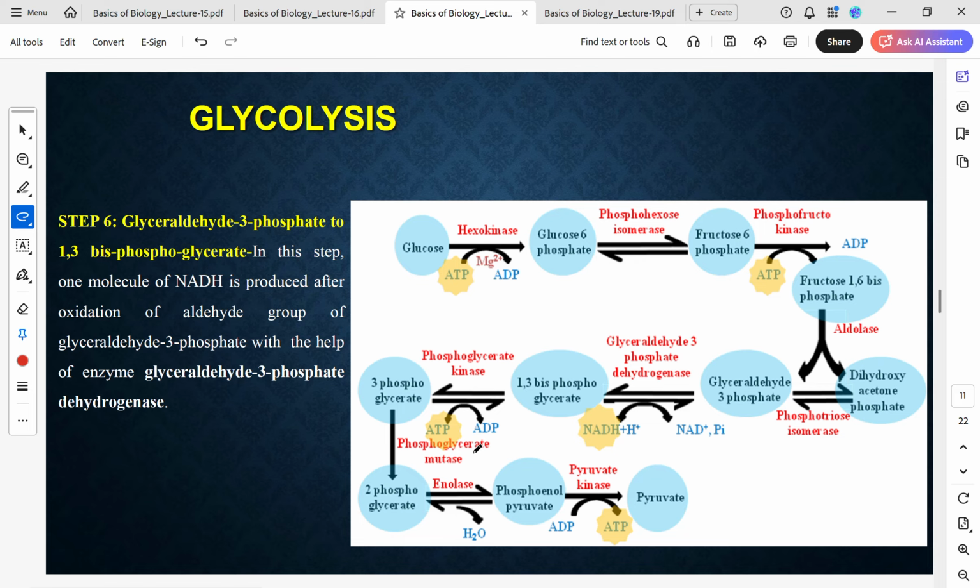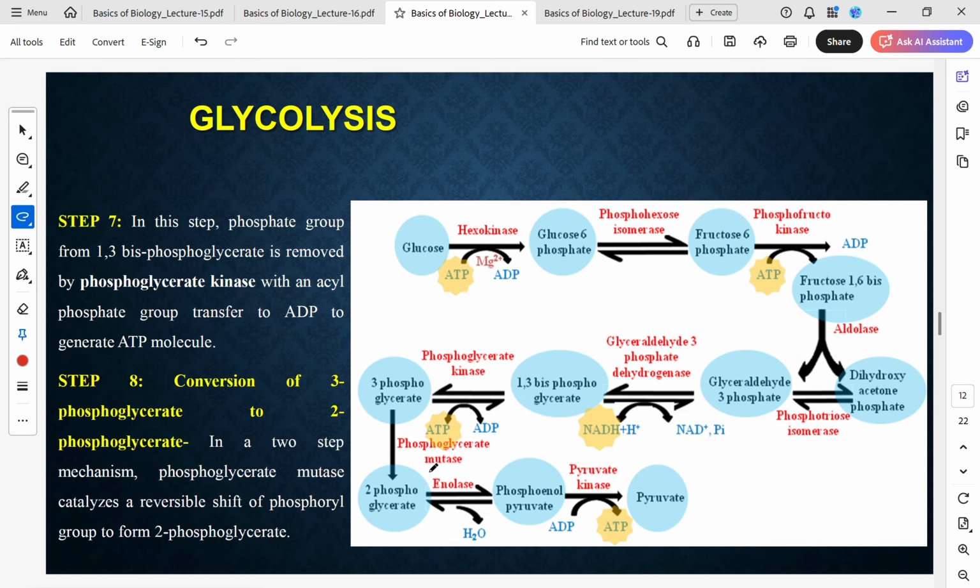Again, dehydrogenase removes hydrogen molecules. So these are general terms that you will find in case of enzymes. Then in the next step, 3-phosphoglycerate can be converted into 2-phosphoglycerate. So the phosphate group is transferred from the 3rd position to the 2nd position